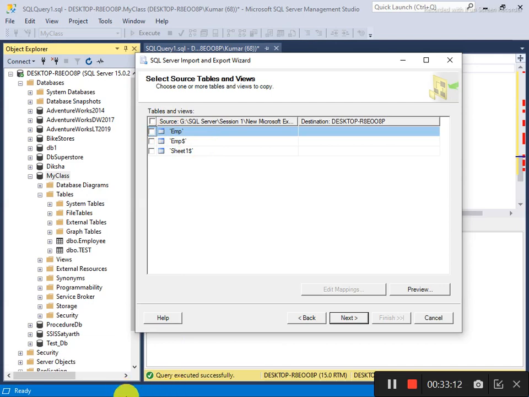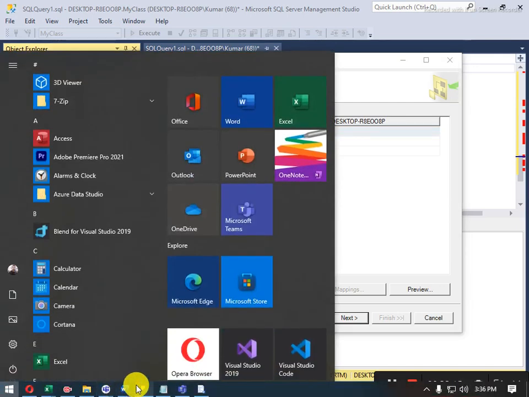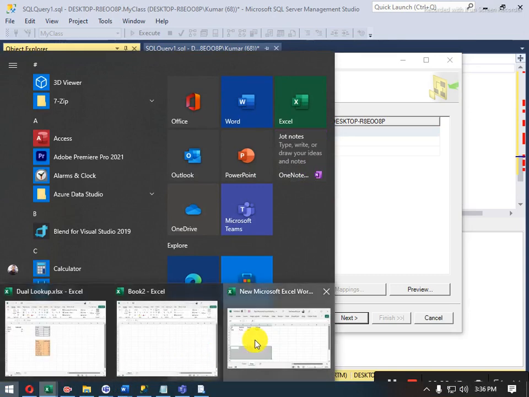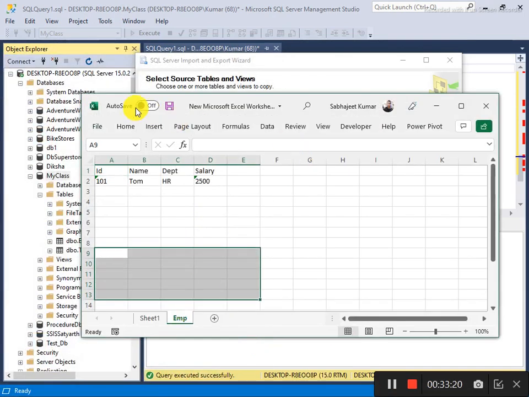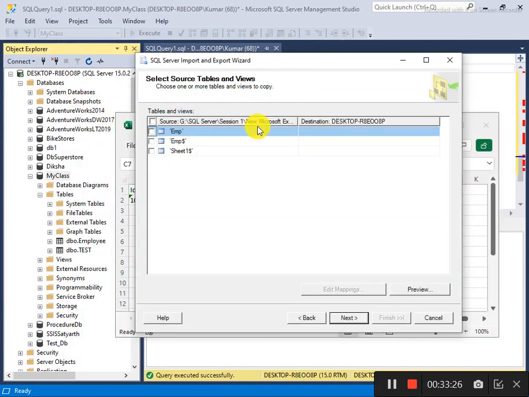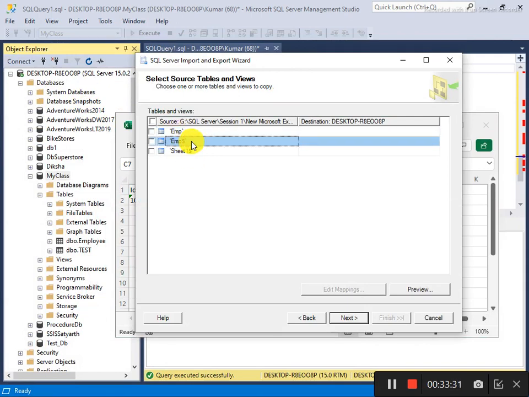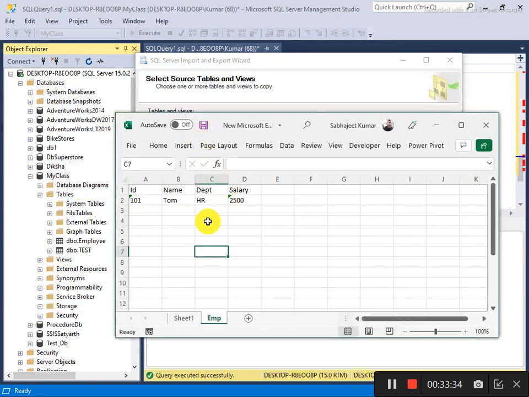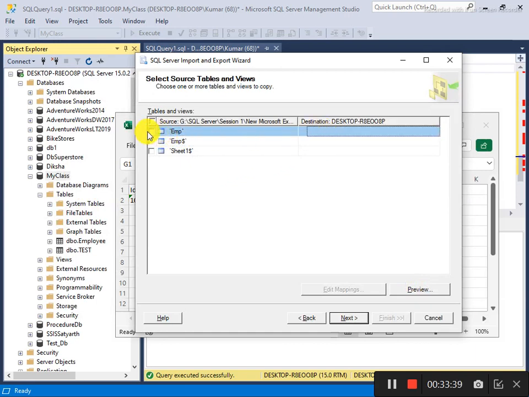Already I showed you that there are two sheets, which are the employee EMP and Sheet 1. Okay. So EMP and Sheet 1. The same thing is showing here. Already I said that you will see EMP two times, EMP with a dollar and without a dollar. The dollar means it's referring to the sheet. If you are referring to a sheet, then there may be multiple tables, but here only one table. So you will just simply click on this. It's showing dbo.emp. It means in SQL Server its name would be EMP. Otherwise if you want to change the name, then you put your own words here manually.